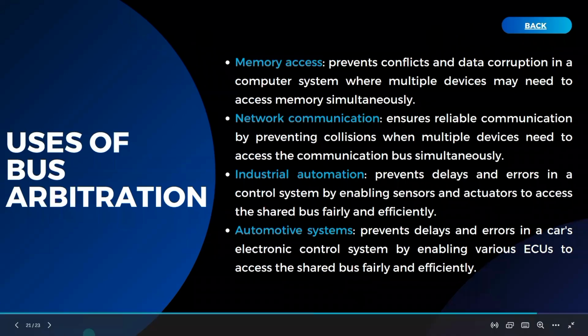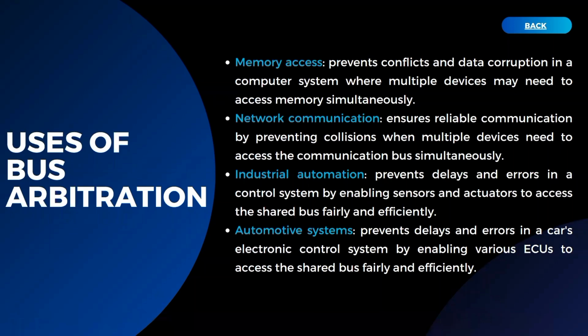Bus arbitration is used in many computer systems and devices to manage access to a shared communication bus. Here are some common uses of bus arbitration. Memory access. In a computer system, multiple devices such as the CPU, RAM, and input-output devices may need to access memory at the same time. A bus arbitration mechanism ensures that only one device can access the memory bus at a time,